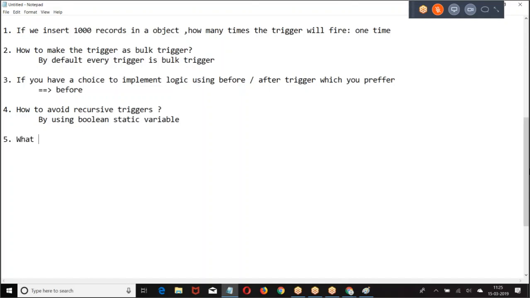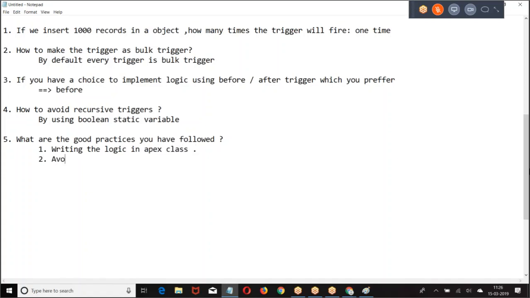What are the good practices you have followed? One is writing the logic in an Apex class.